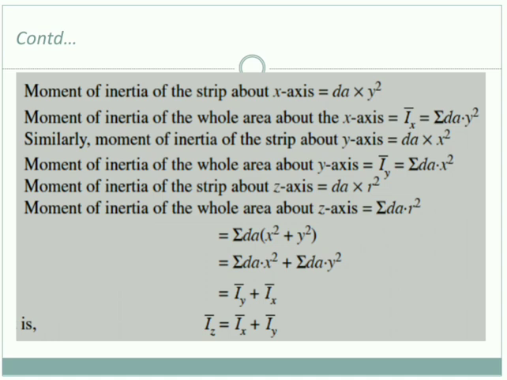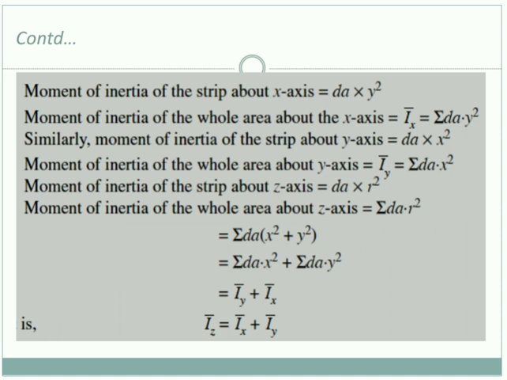So now in this last equation, in place of r square, from equation 1 what have we got? R square is equal to x square plus y square. Substitute it: x square plus y square, which is equal to summation dA into x square plus summation dA into y square. What is summation dA into x square? Nothing but Iy. What is summation dA into y square? Nothing but Ix. And what are we equating it to? Iz. Thus, Iz is equal to Ix plus Iy.